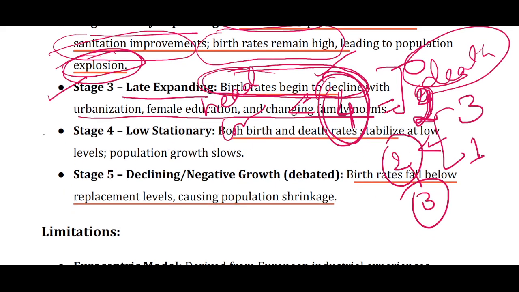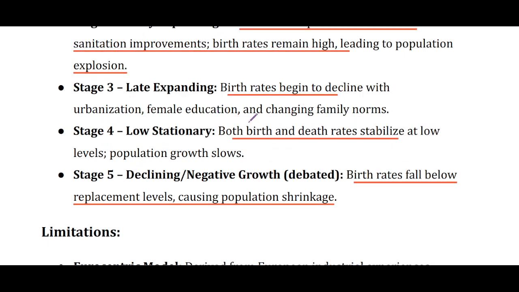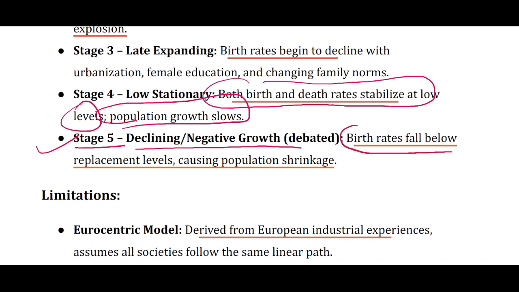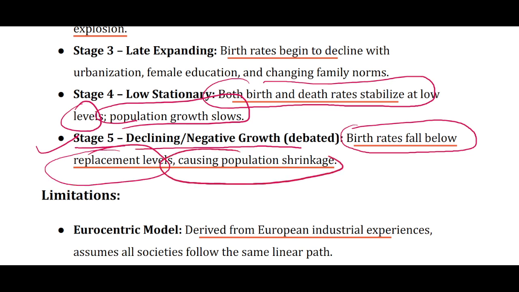Now the fourth stage was low stationary, in which both birth and death rates stabilize at low levels and population growth slows. In the final stage, stage 5, it is about declining or negative growth, where birth rate falls below replacement level, and it causes population shrinkage. So replacement level